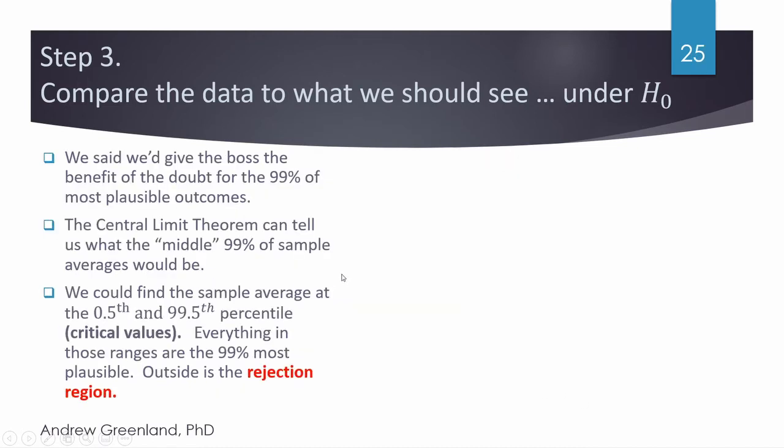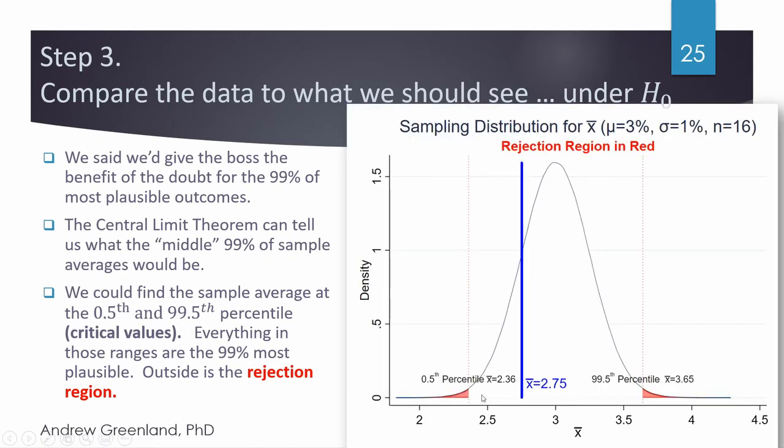And so we're going to find the middle 99% of observations that we would have seen according to the central limit theorem. These values of X bar at the 99.5th percentile and 0.5th percentile are what we're going to call our critical values, and they define the boundaries for our rejection regions. Anything that shows up in these red areas is going to be part of the rejection region. Now, to actually conduct the hypothesis test, all we have to do is see if our sample average,